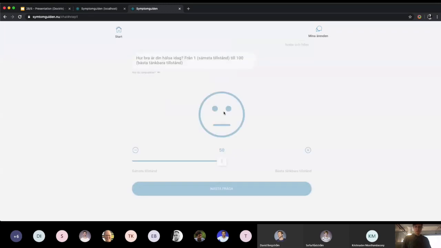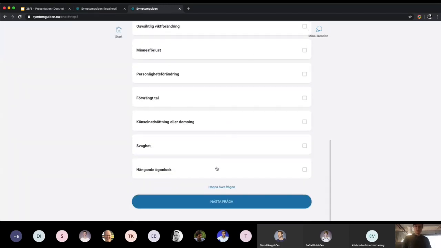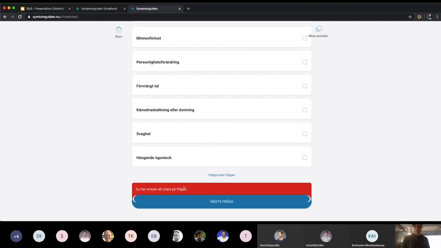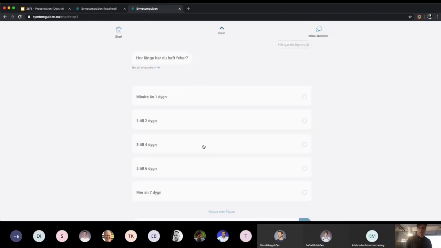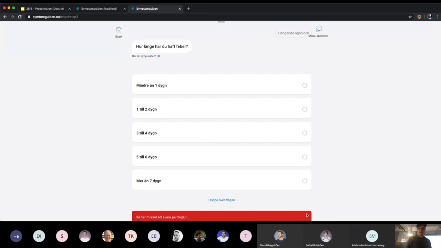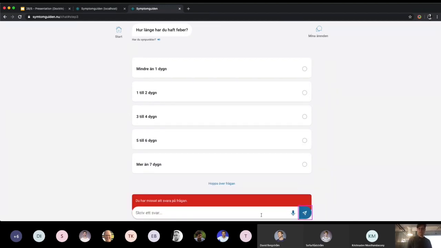There's also form validation. So for example, if I don't answer a question here, I get a notification that you need to answer this question. It was found in the user study as well that you should avoid the button being disabled and instead present the user with a clear error message. It should be as well like some red boxes at the top. But it's important that you avoid using the disabled button.